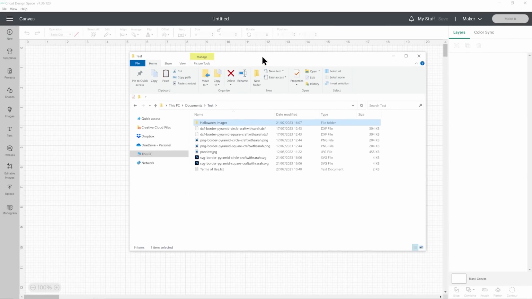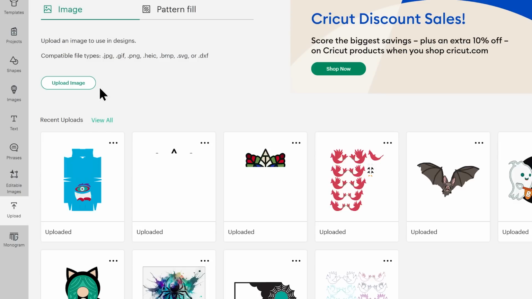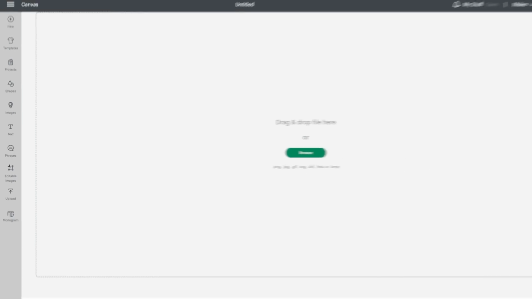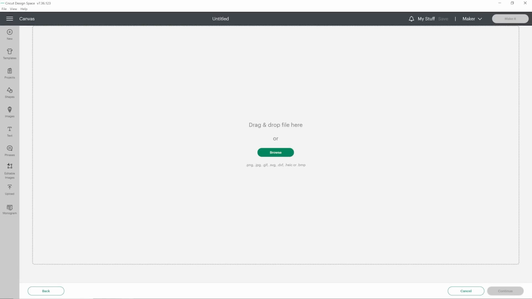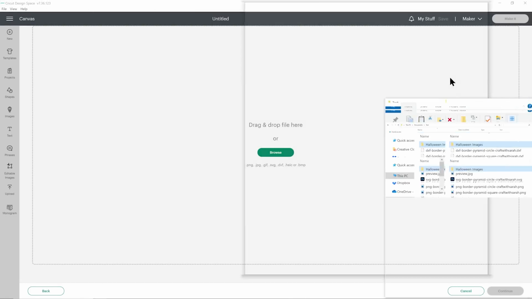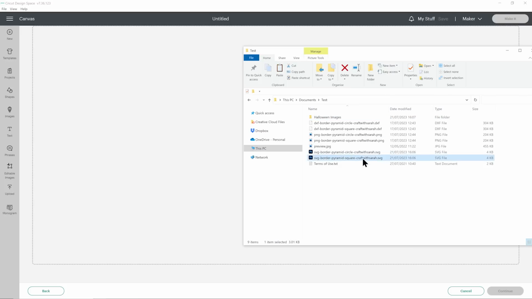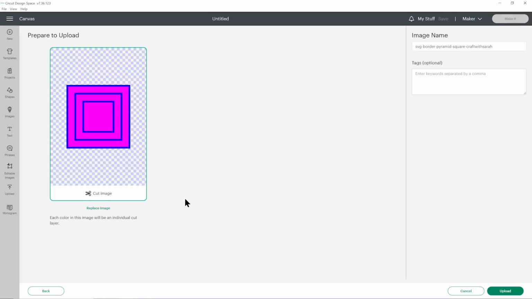So I'll head back over here, and then in Design Space, go to Upload, and then Upload Image. And then drag and drop in your chosen SVG template, which is the ones which start SVG in the file name. As I said, I'm going to do the square one, and this is what it looks like, a load of very brightly coloured squares. Press Upload,